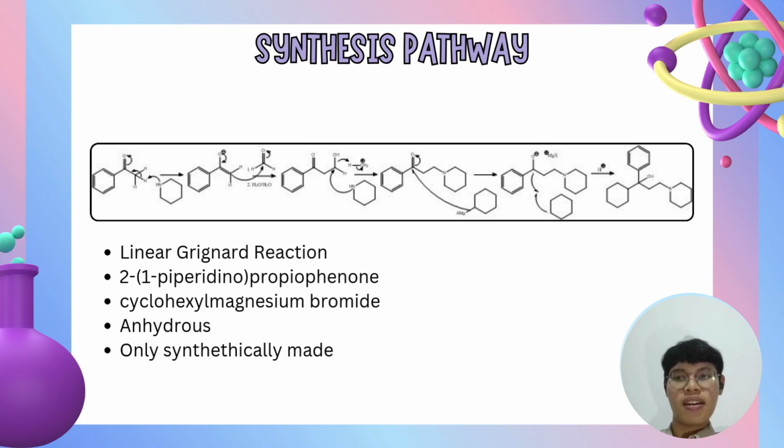What is a Grignard reaction? It is a combination of a ketone or an aldehyde with a magnesium halide in an anhydrous environment. It must be in an anhydrous environment to properly form carbon-to-carbon bonds. If it is exposed to water during this reaction, it will fail to bond properly, and thus the product Benzhexol will not be formed.